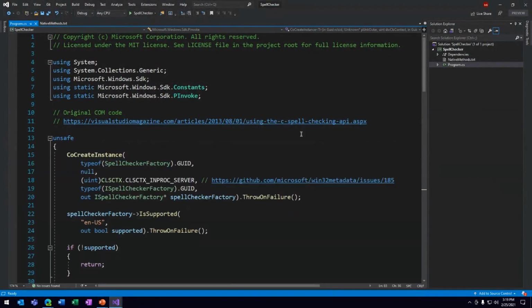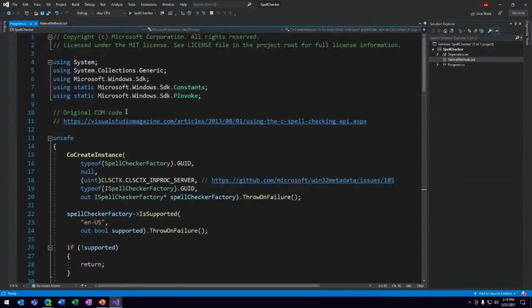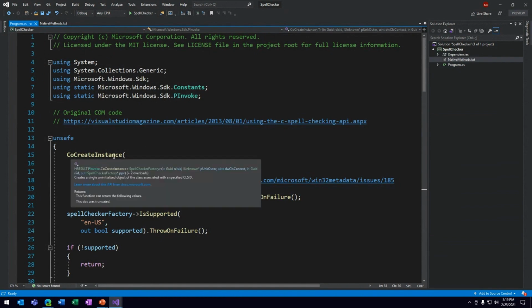So here's the COM code, and using what we learned from the prior example, I have a reference to the C# Win32 NuGet package. I've got native methods.txt, which has the COM APIs that I'm asking for, and additionally some constants that I want to use in my code. And in my code now, I'm using static